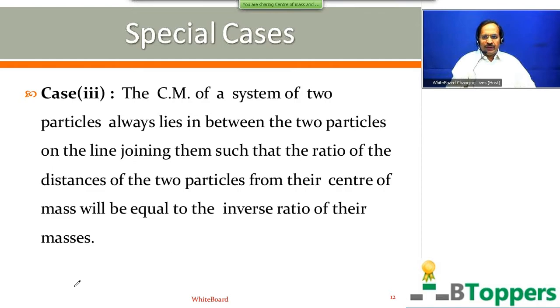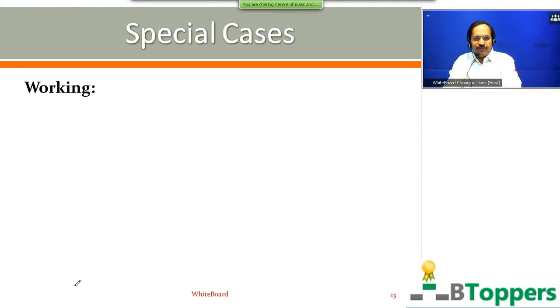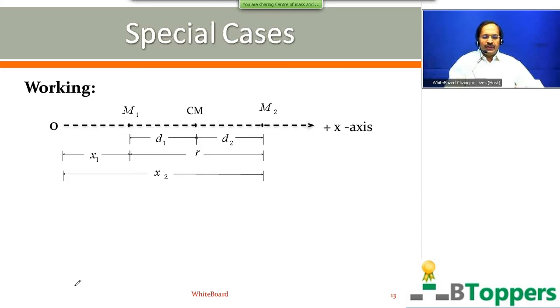In case you need more time to copy this conclusion, you can take a pause. I am going to next show you the working for this conclusion. First, I have shown you the conclusion directly. Next, I am going to show you the working for this conclusion, which I have already discussed before. You can see the figure. This is the position of the first particle of mass m1. This is the position of the second particle of mass m2. So x1 is the distance of the first particle of mass m1 from some fixed point O, which we take as origin.